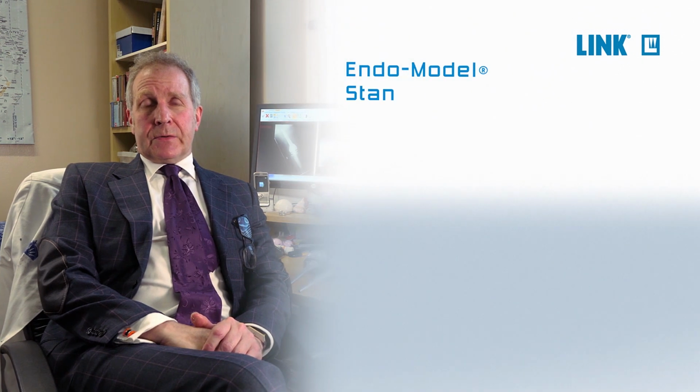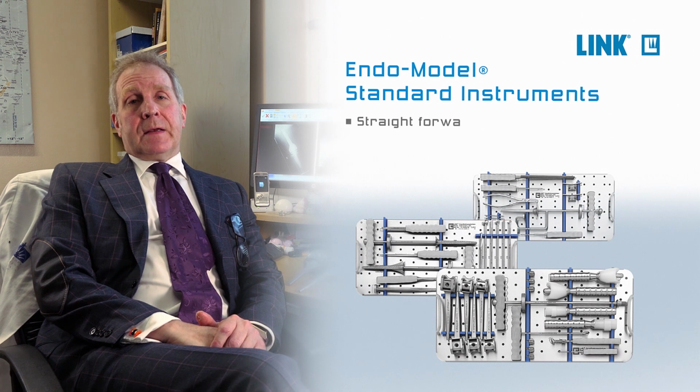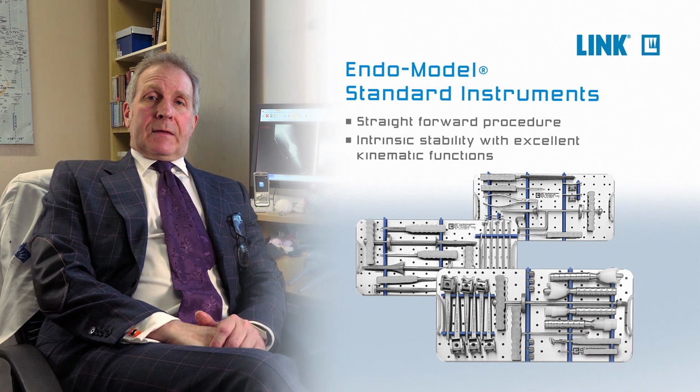It worked very well for that case, and I wasn't the only one delighted. The theatre staff thought it was great too, because it had a very simple instrument. It still has that. Very simple trays to get sterilized and to learn. So that was the beginning of quite a regular usage of the implant over a long time, but mostly for